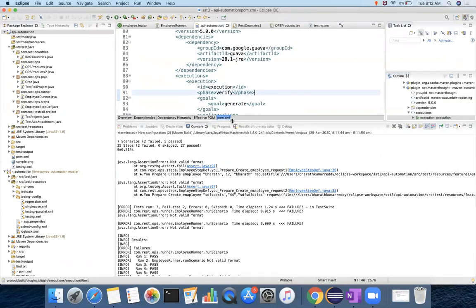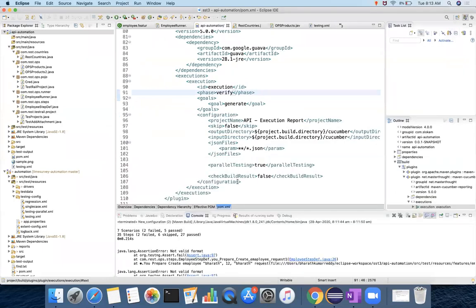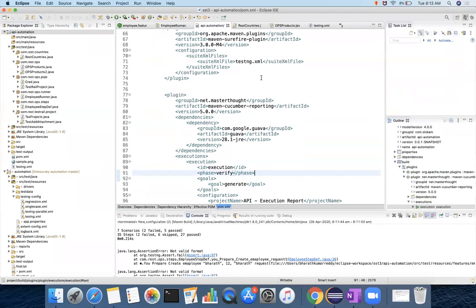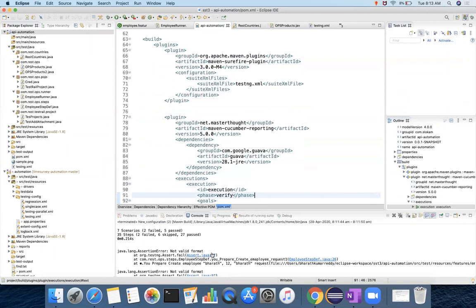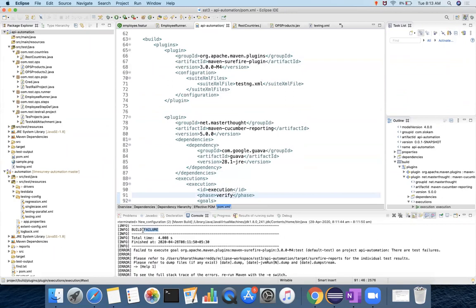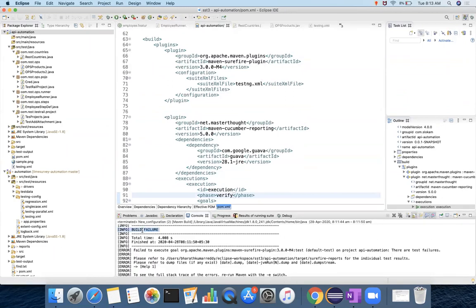In order to avoid this problem, you have one solution, which is don't make your build fail like this. Build failure should not come when there are failing test cases. When no build failure occurs at the test stage, it will continue and execute the remaining phases too.